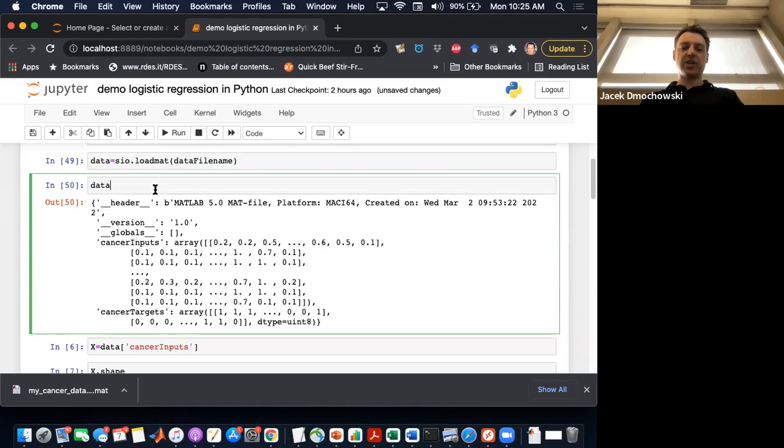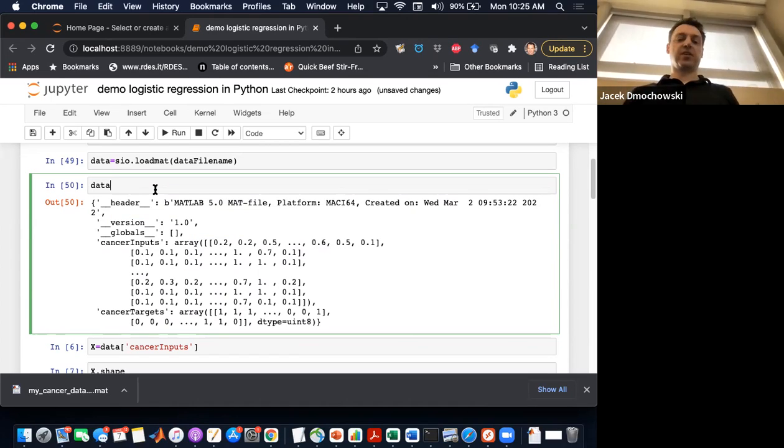A dictionary is a way of storing data such that all of your variables are associated with a string, a convenient label. So the elements of my Python dict are header, version, globals. That's the standard stuff. And then now we have in our data cancer inputs, and you can see that it's